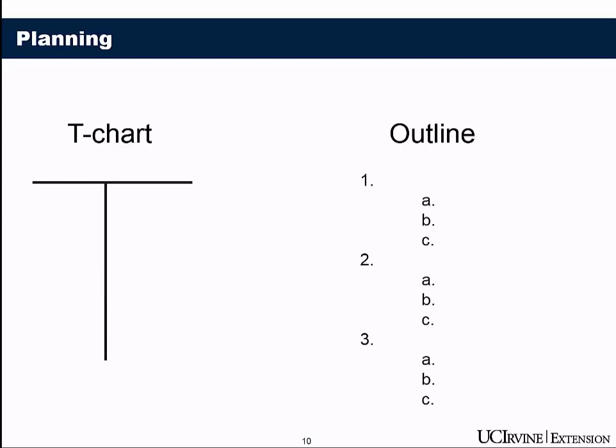Remember the T-chart that we used for comparison essays. You can use that also for a cause and effect essay. Put your topic at the top, put causes on one side and effects on the other. List them here. When you're planning, you don't have to know if you're doing causes or effects. You may not know. So use a T-chart and just list all of the causes you can think of and all of the effects that you can think of, and then you'll see which list you like better.